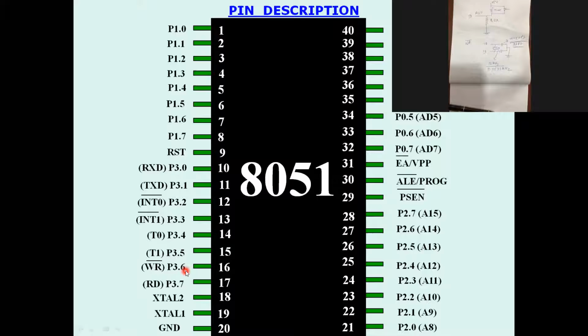This is given clock pulses from a crystal oscillator. Say you don't have any crystal oscillator, but you have a function generator. The microcontroller can still work, because only one terminal is required for the clock. So how will it be connected? XTAL1, pin number 19, will be connected with the clock, and XTAL2 will have no connection whenever a single clock connection is used. Is it clear? Yes, sir.